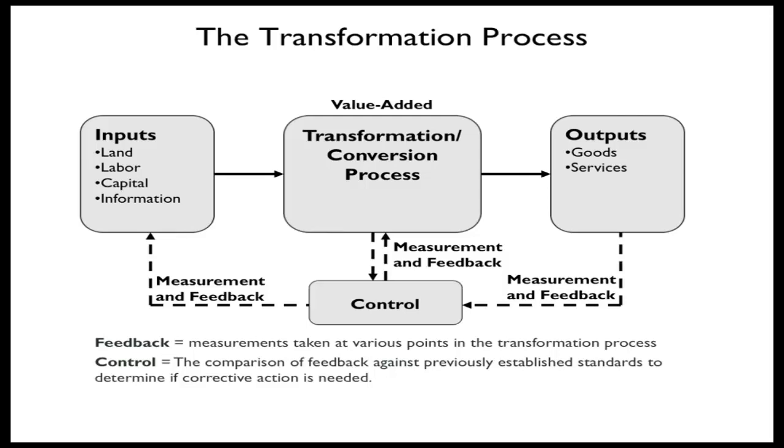So you might get a delivery of lettuce and tomatoes and beans and rice. Those are all inputs. So the transformational conversion process is where you take those things. A cook makes that into food, and then a server serves that to a customer. And so that's the transformational process and the output.